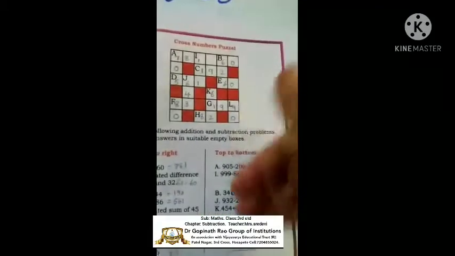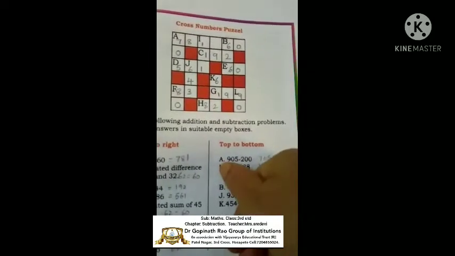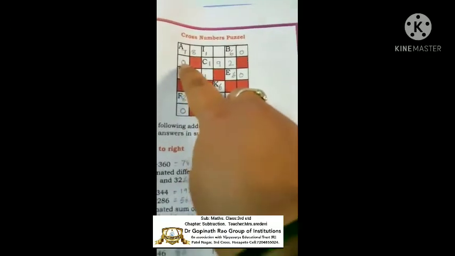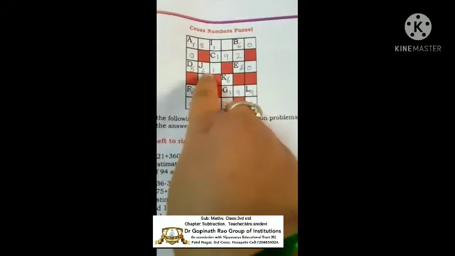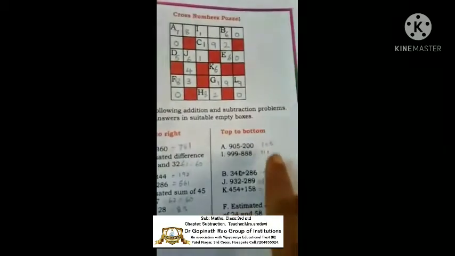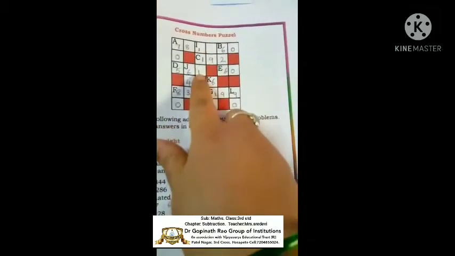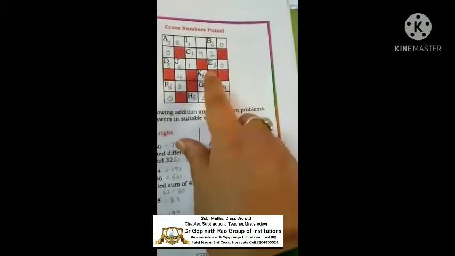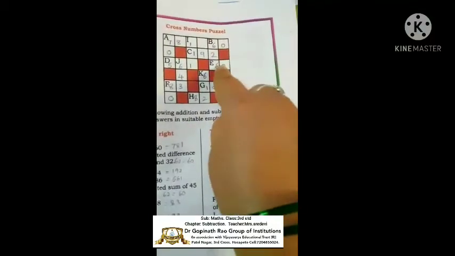Okay. Here this is left to right. Here it is top to bottom. How will you write? Top to bottom. So A is 705. See, it is there already: 7 is there, 5 is there, so 0 is the answer. So we have written 781 and here we have written 56. So 705. I is 111. Top to bottom, 111. And 626, B, 626.